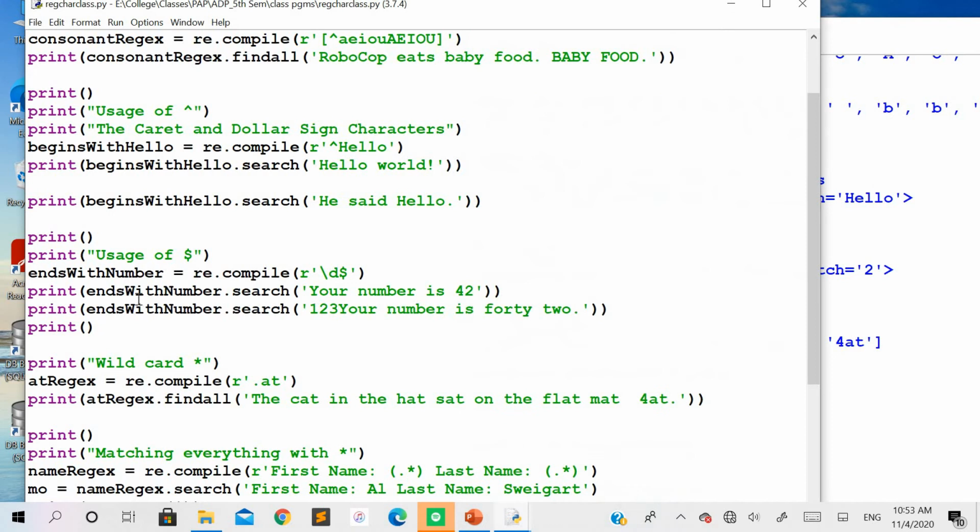For example, we have defined the regular expression pattern as \d, which tells that it is a digit, and we have used the dollar symbol along with this, which indicates that the pattern needs to mandatorily appear at the end of the string. As the caret tells that it has to be at the beginning of the string, here the dollar symbol tells that it should be at the end of the string.